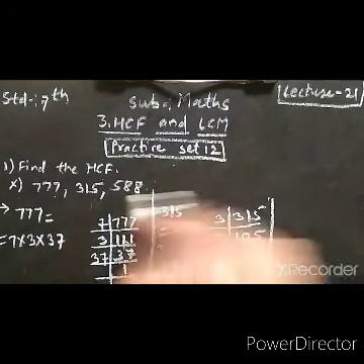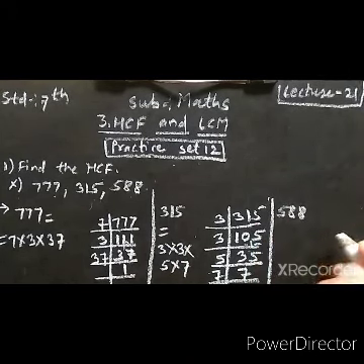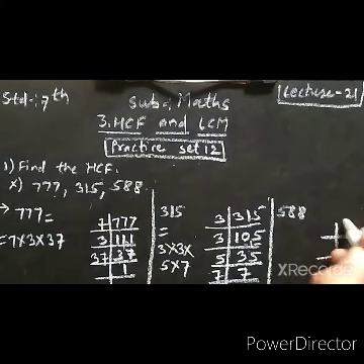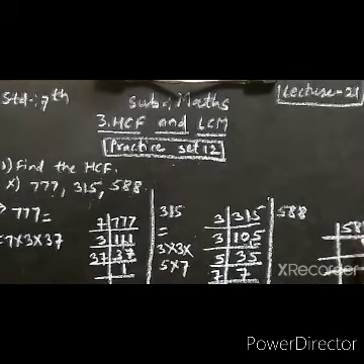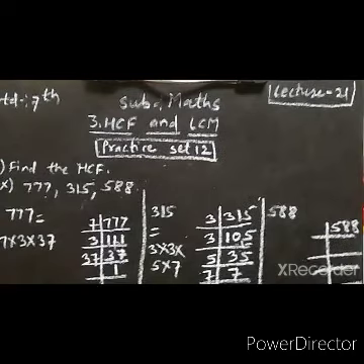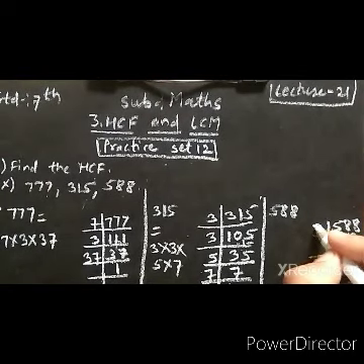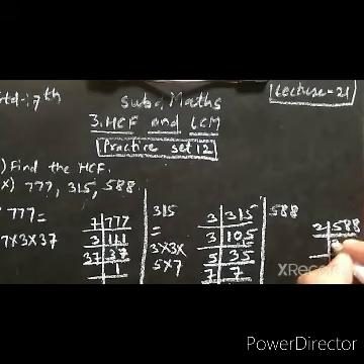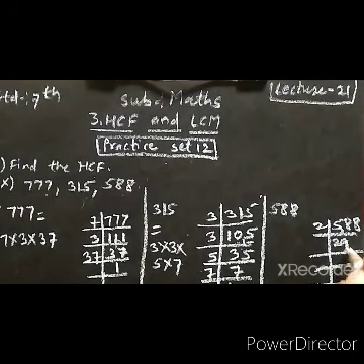Now let us take the next number 588. We have to find out the factors by using the factorization method. See, the last digit is 8 and therefore it is an even number and it is divisible by 2. Therefore 2 2s are 4. 5 minus 4, that is 1 remain. We got 18. 2 9s are 18 and 2 4s are 8. The last digit is 4, therefore it is divisible by 2.